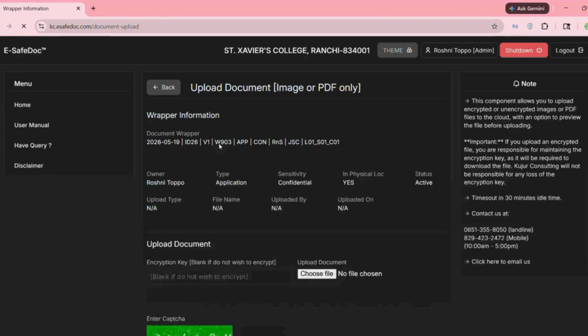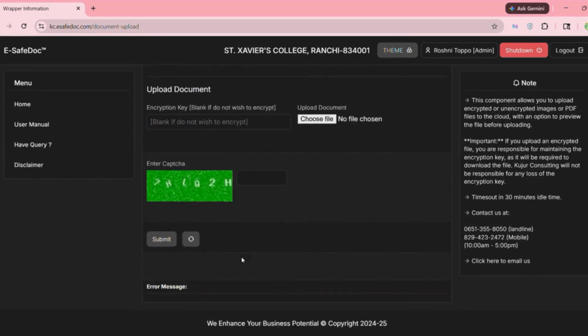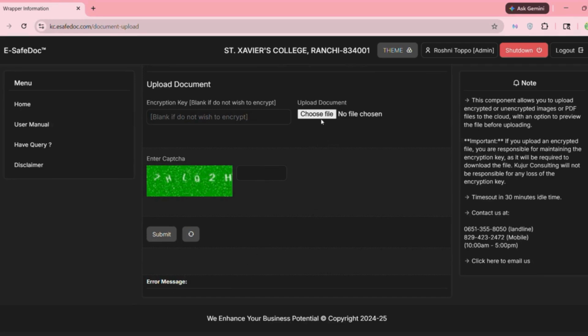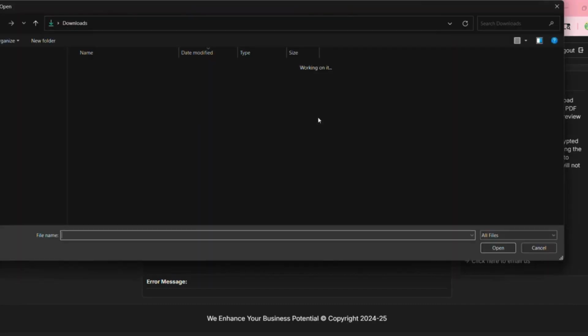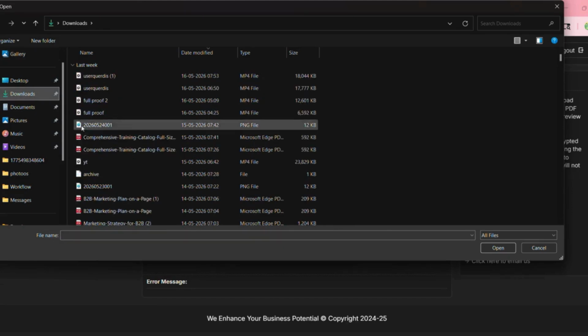In the cloud upload component, you can then securely deploy your files to the cloud using a client-side encryption facility. This is a provision of zero knowledge. When selecting a file for upload, simply ensure the file size aligns with your current subscription limits. If you want to enhance your subscription limits, you can update to higher tier plans.